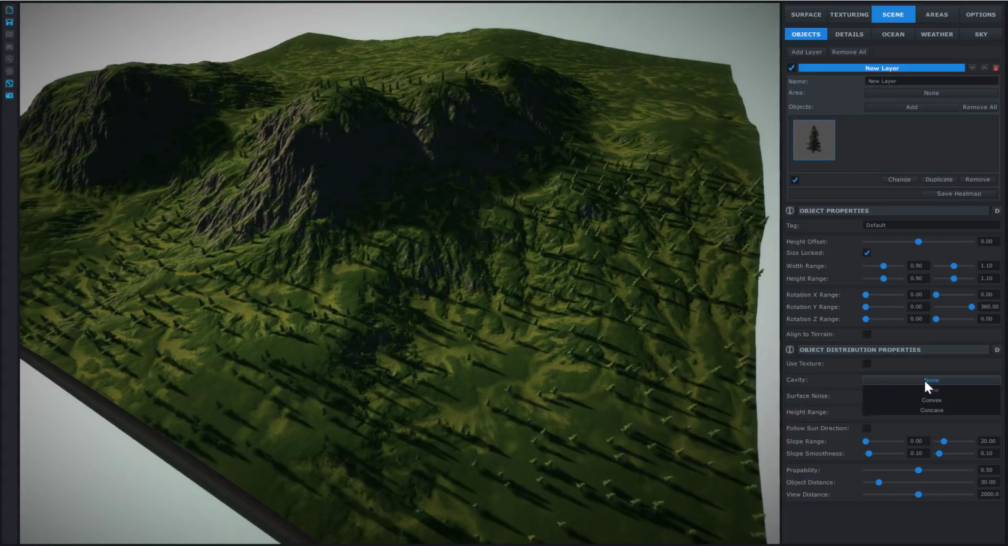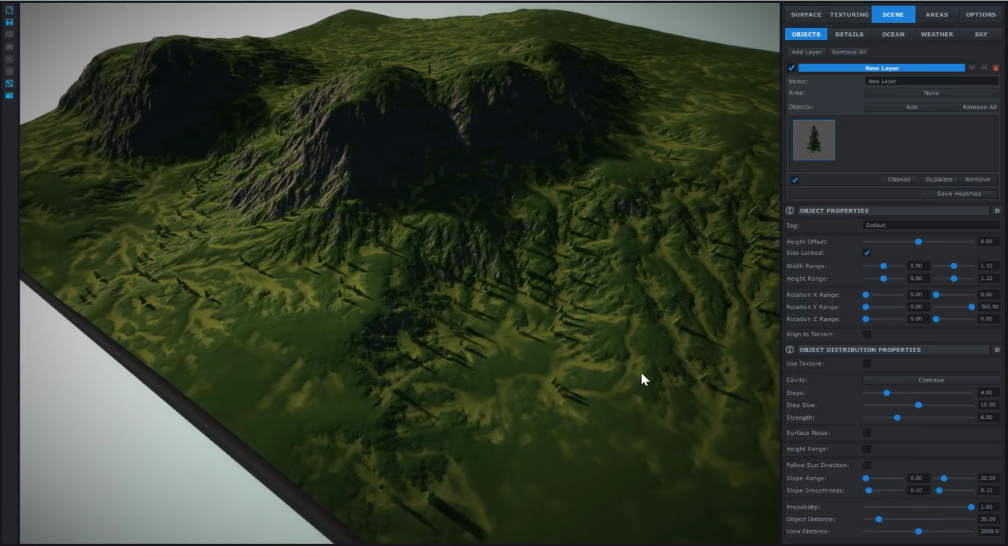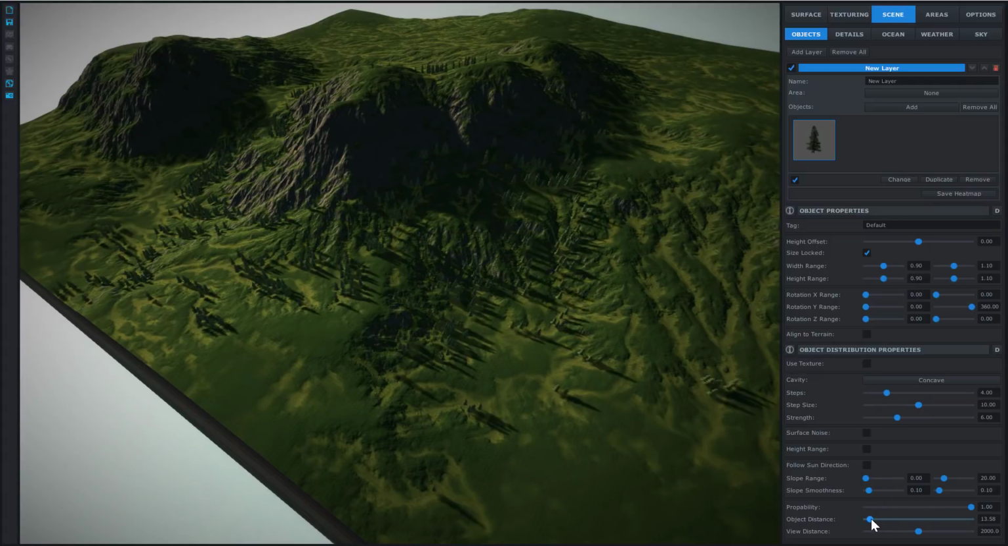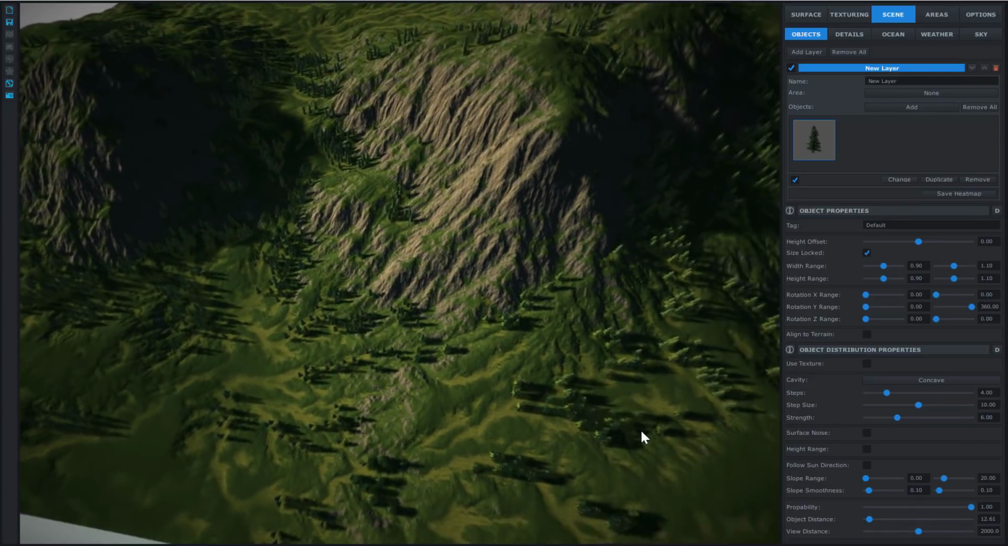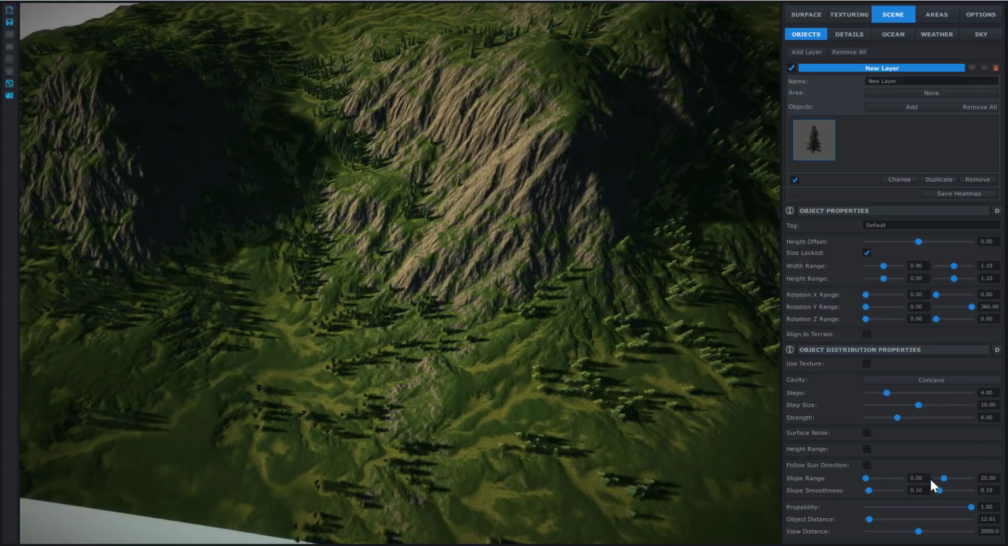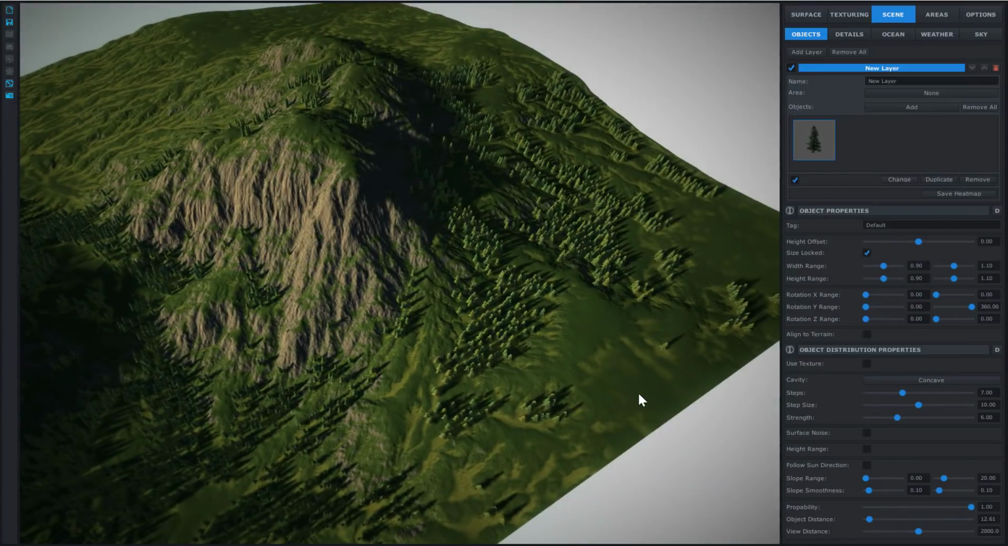For example, we could use the cavity feature again, and let's see how it looks if we increase the probability. So telling World Creator we want more trees at all, reducing the object distance. Oh, and now we get something that looks pretty cool, right? Now we're talking here. And we could also change a few settings here to get a better, more realistic look